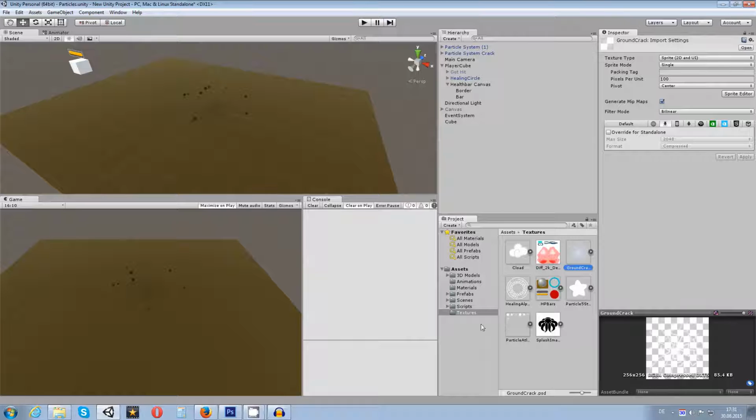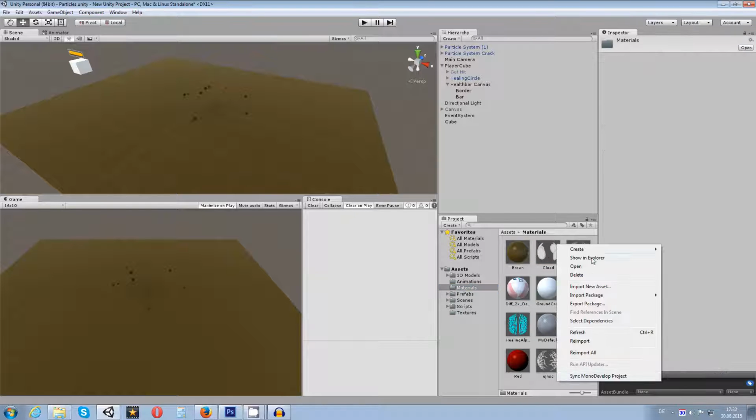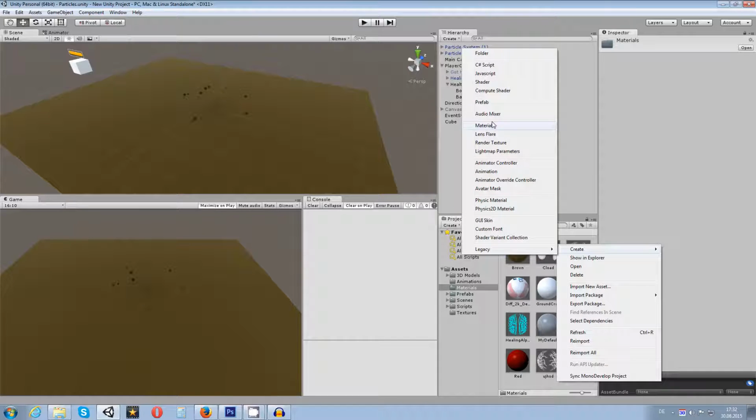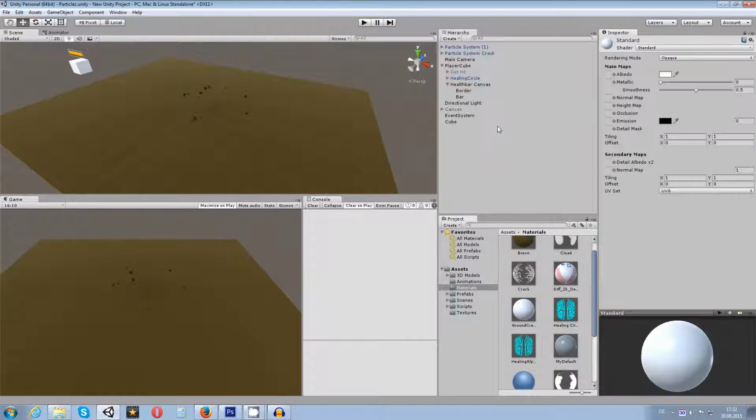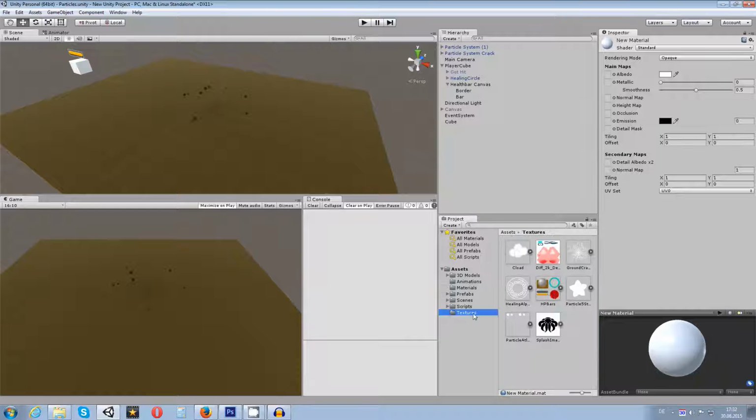So once you import the textures, go here and change it from texture to sprite 2D, and then apply the changes. Also create materials for each of those. Just right click, create material, and in there, let me show you this one pretty quick. Rename them properly so you will find them later on, and in the albedo channel just drag the texture from the crack inside into that one, and go to the shader and change this one,